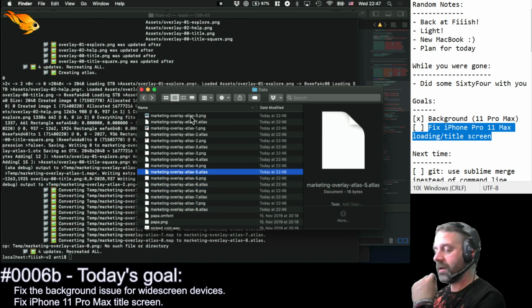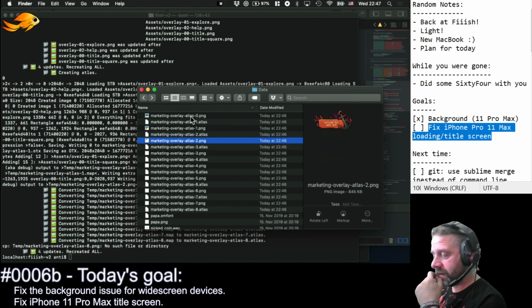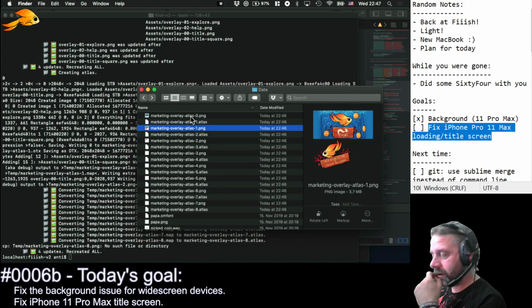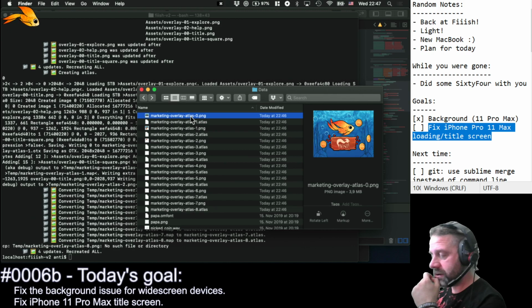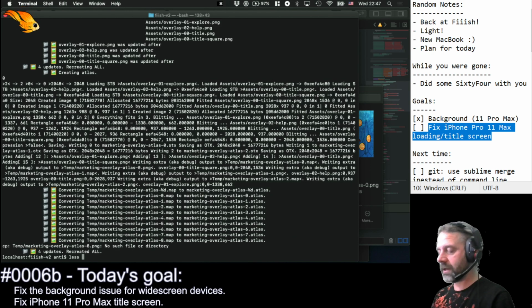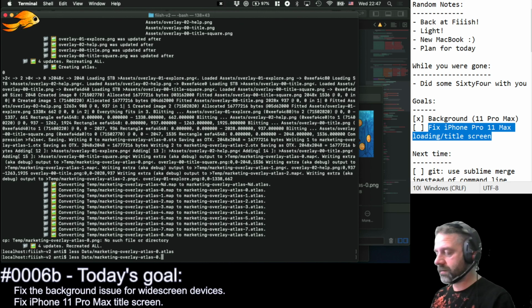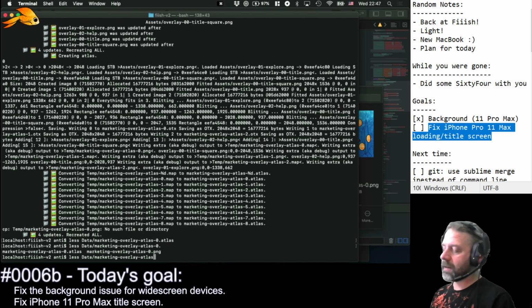I wonder what is not fitting, because we have both small overlays, and so it's atlas 0. So if we do a last data marketing atlas 0 dot atlas, okay,